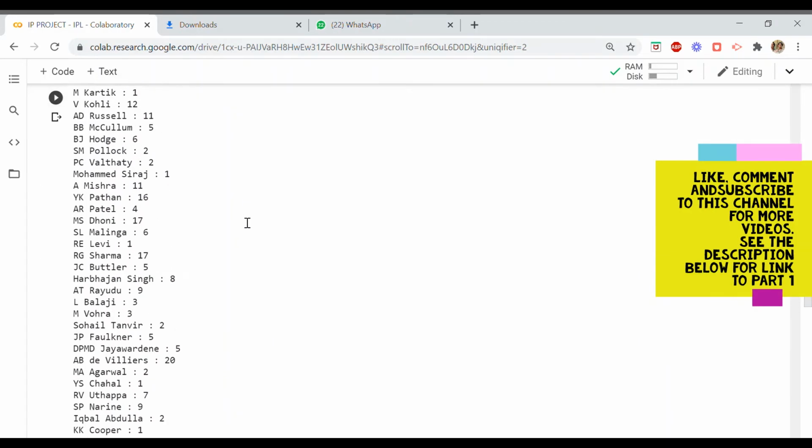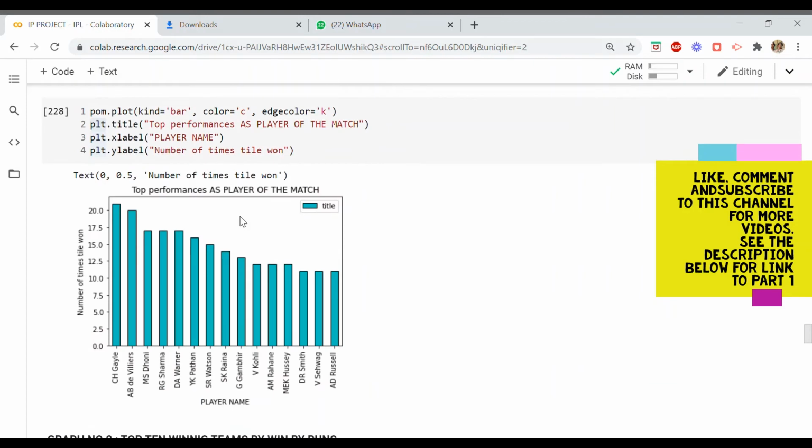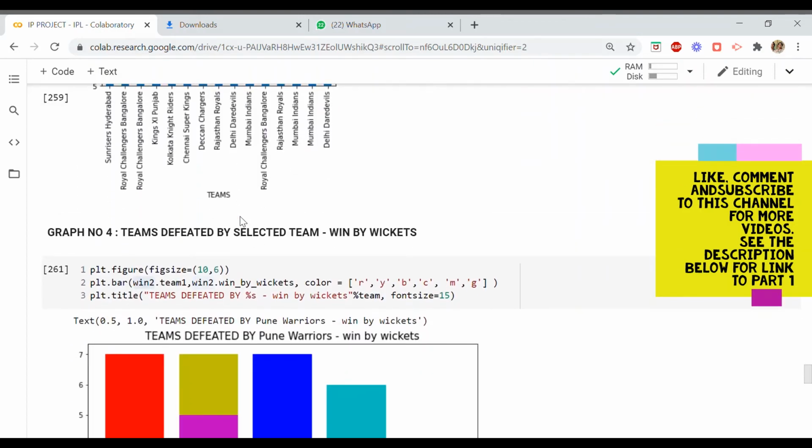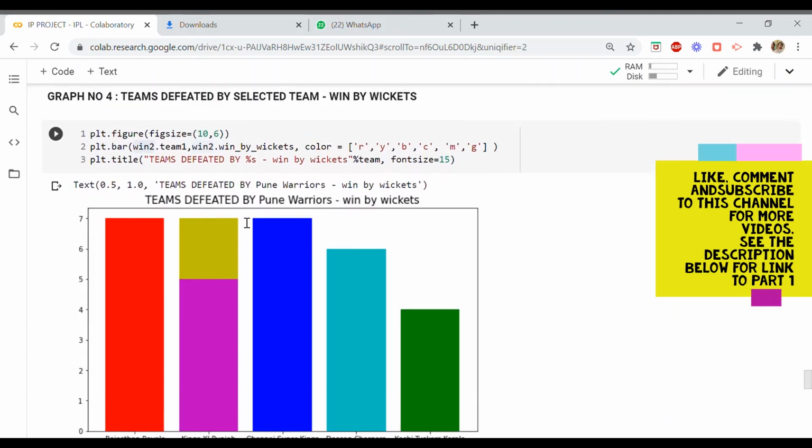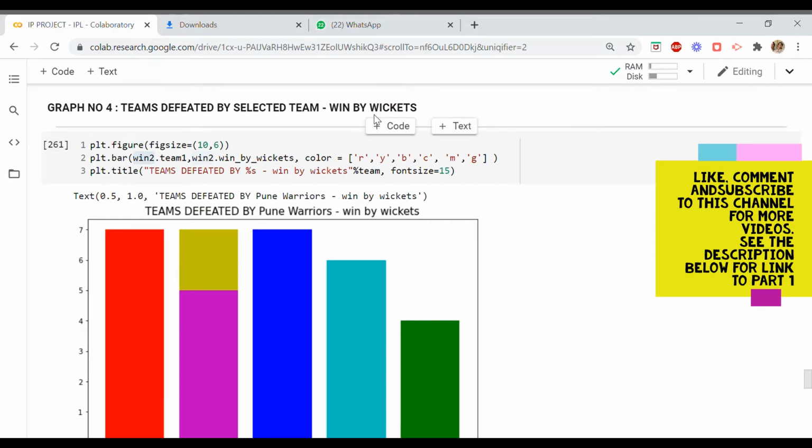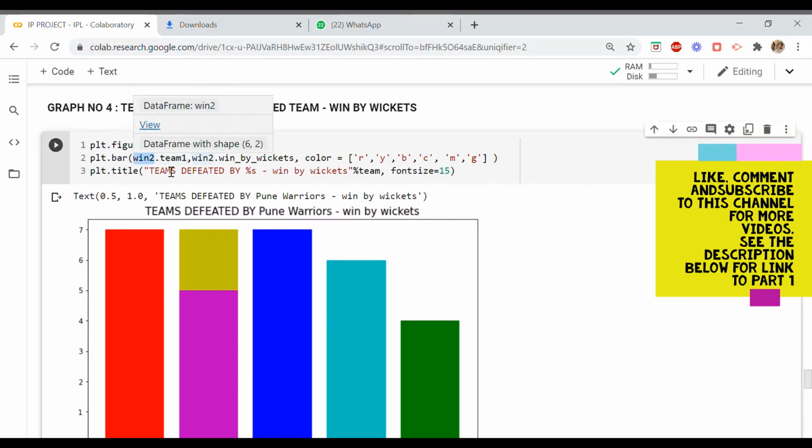So these two data frames, win1 and win2, are being used here. First of all, I'm using win2 for win by wickets. So win2.team1 means in the data frame win2, I'm using the column team1 as x-axis, and in the data frame win2, the win by wickets column I am using as y-axis.